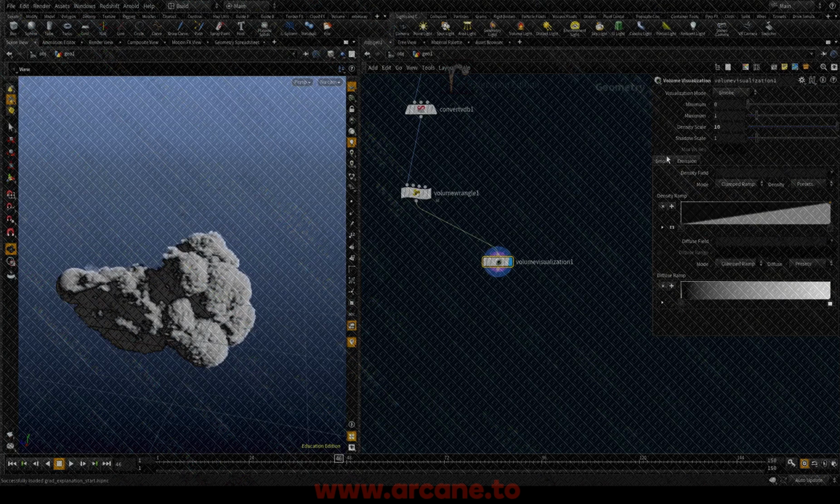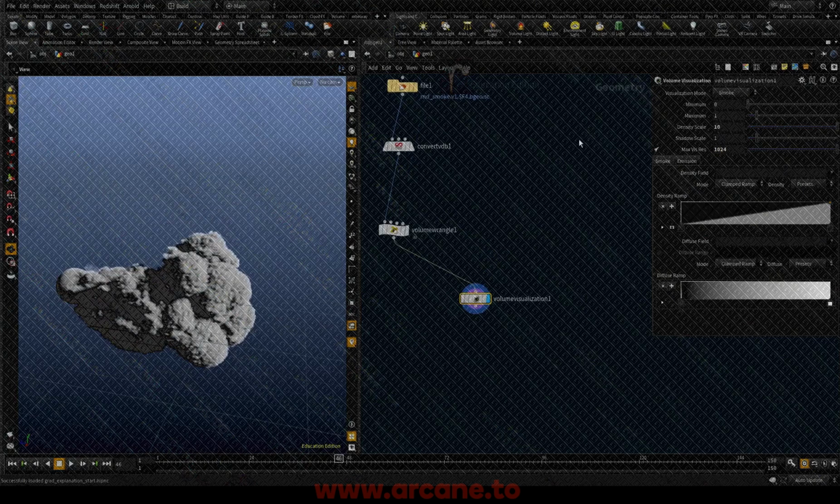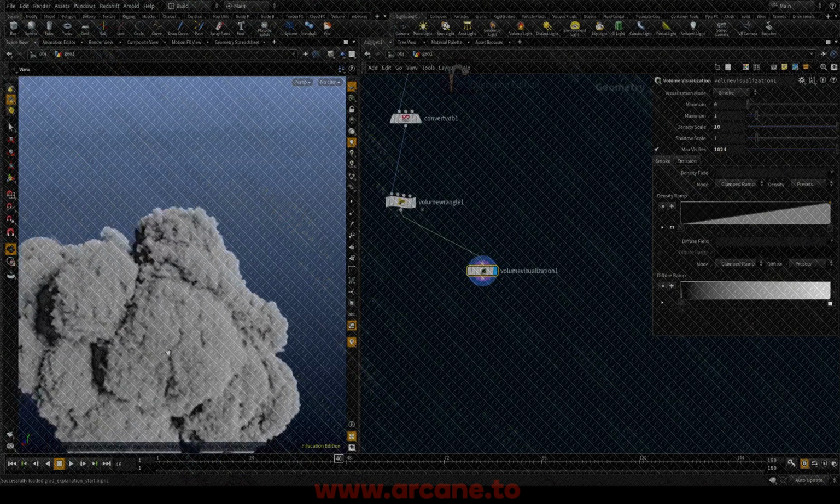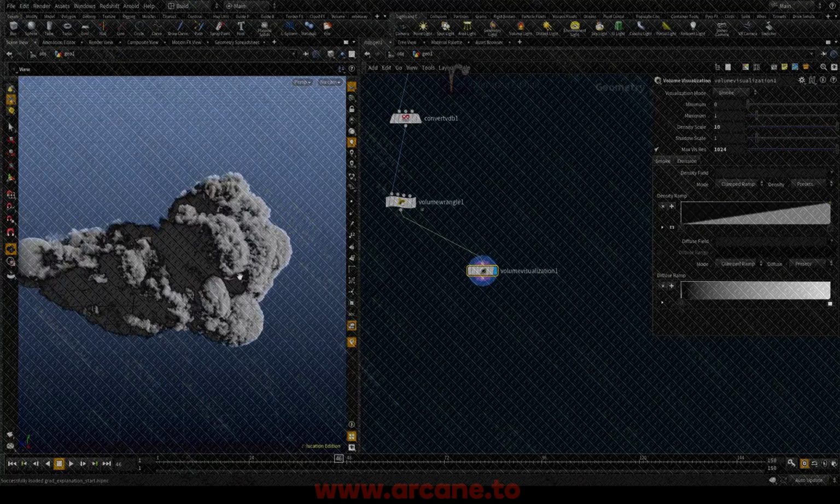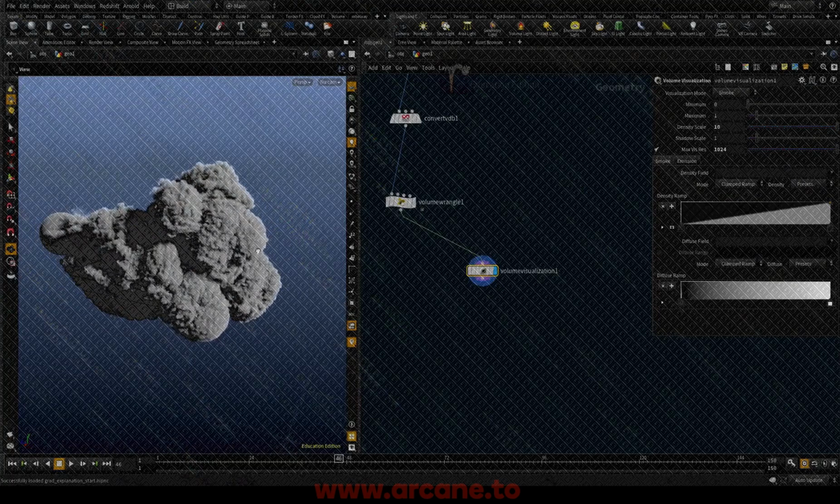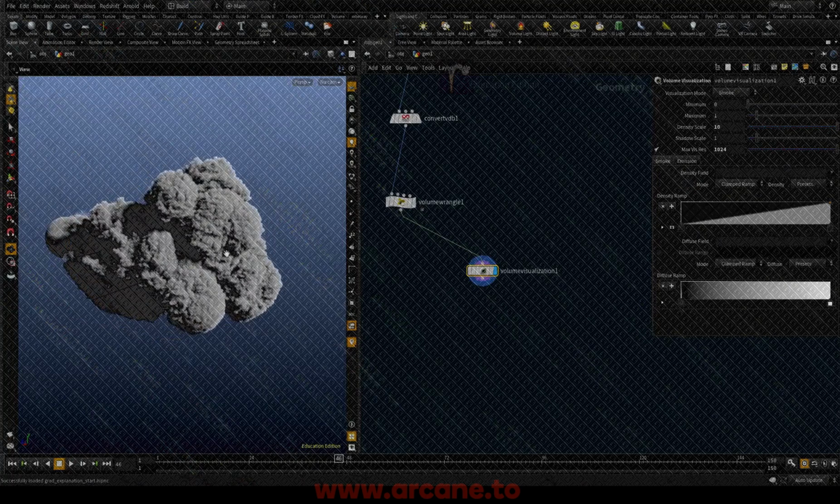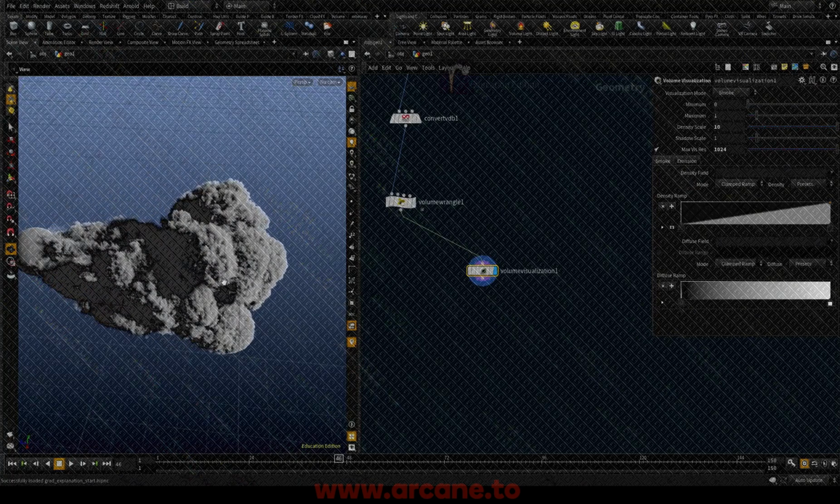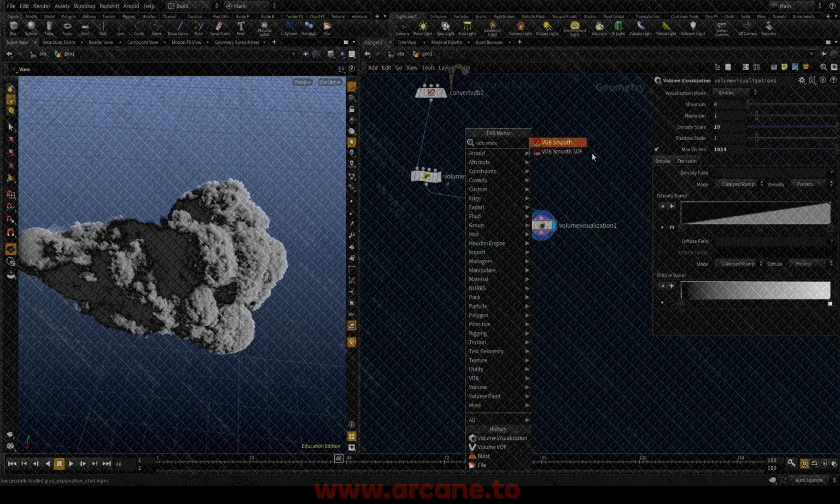So I'm gonna increase the density just in the viewport, and then I want to increase the resolution to show you guys how much details we have. Now this is a high-res sim that I actually simmed with the same techniques that we're going to be creating, but I'm going to blur it to lose all the details, and I'm gonna use a VDB smooth,